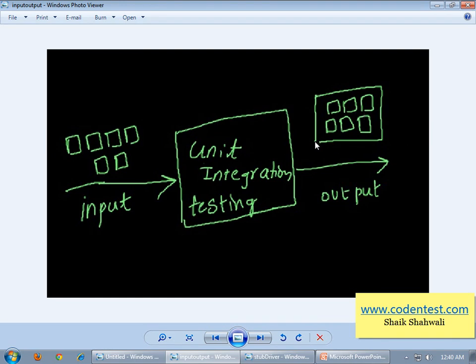Alright, we said unit integration testing occurs after unit testing and before system testing. So unit integration testing takes as its input the units that have already been unit tested, combines them, tests and delivers a system which is ready for system testing. Alright, so that's our unit integration testing,